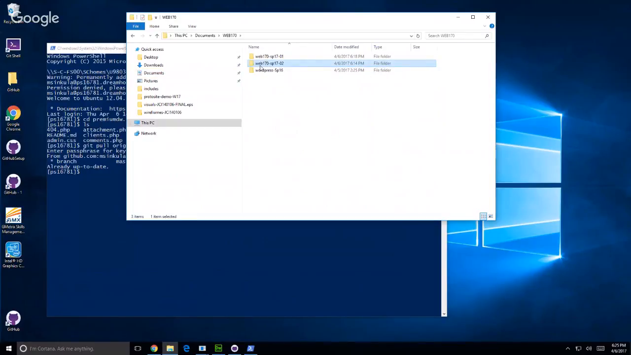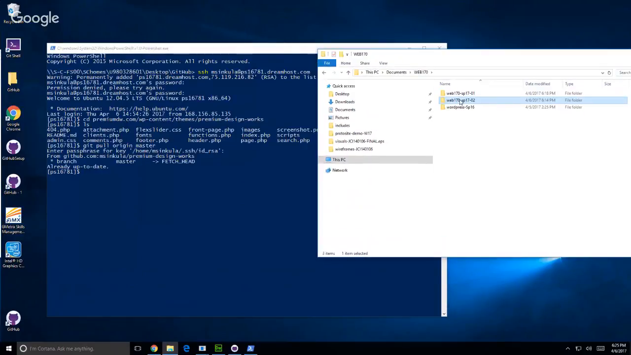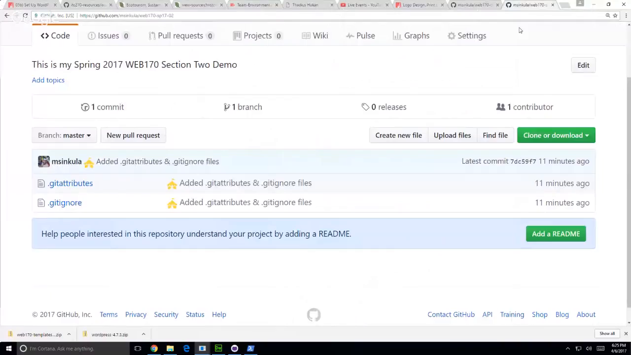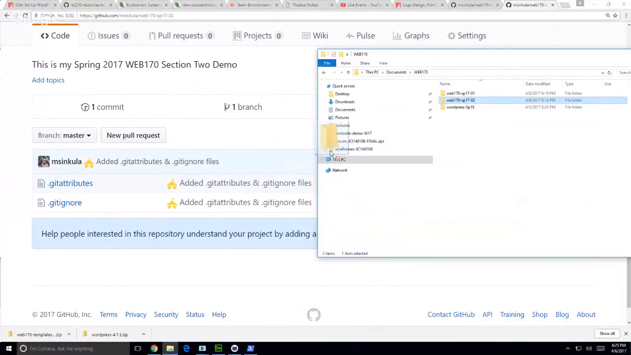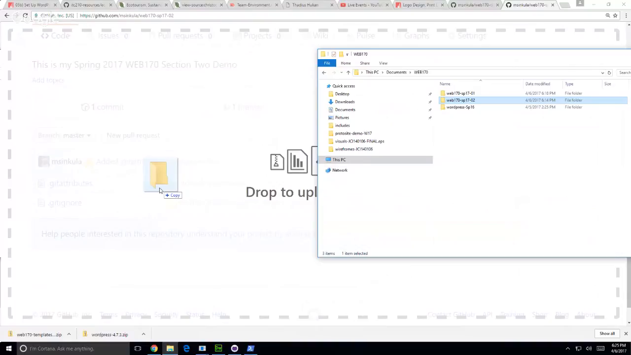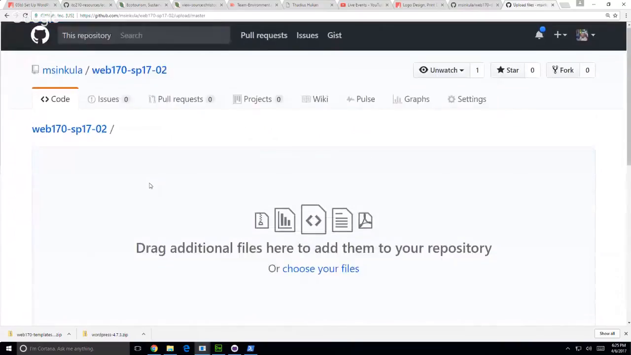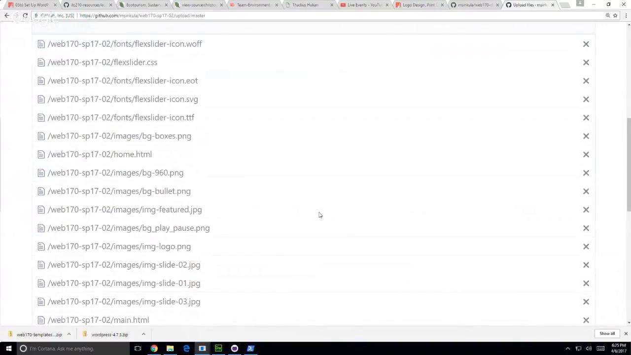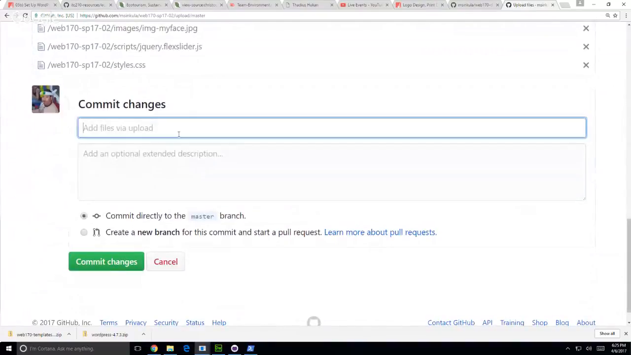So if this right here is my theme that I just created a repository for on GitHub, I could always go to the section 2 demo right here and drag and drop it over this interface like that. And that's where it'll upload stuff. And then I can say,